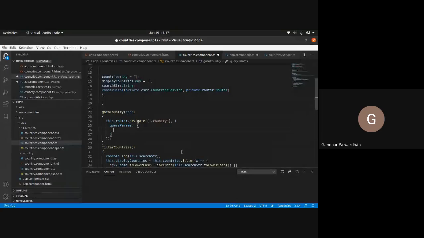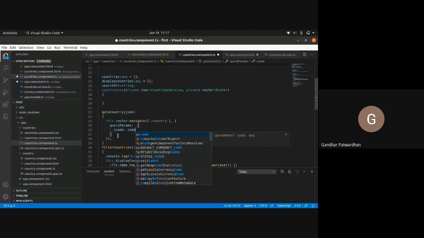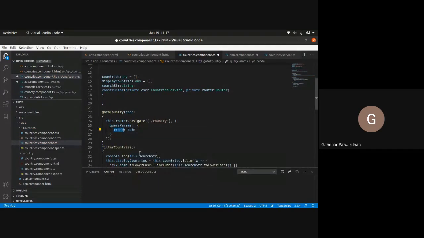The value of the queryParams key is another JSON object in which I'll say cCode, which is country code, and I'll pass this code. Now this cCode is a key which should be passed, and this code is the code of the country which would be passed. That's what is going to happen here. Now let's see what actually happens.